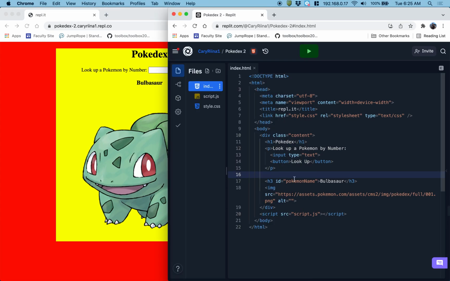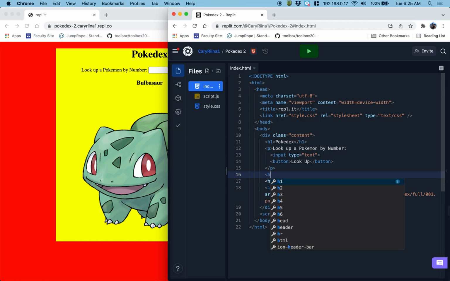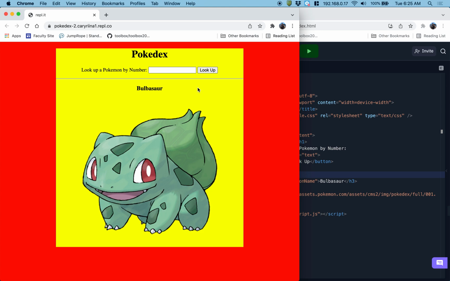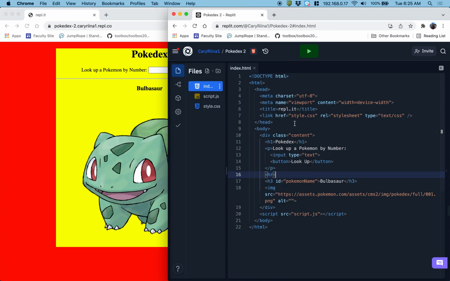So between the search and then the Pokemon, I'm going to add this new tag called an HR. All right, I like that better because then it separates the user interaction piece from the Pokemon that's